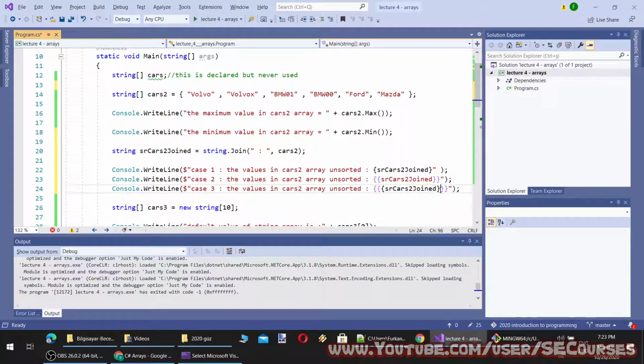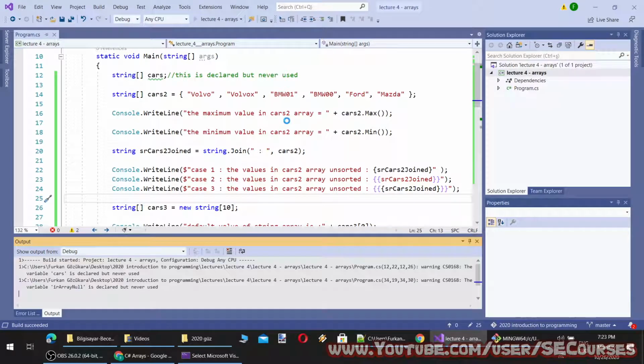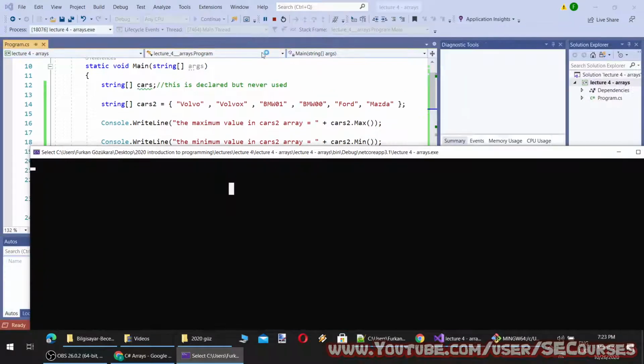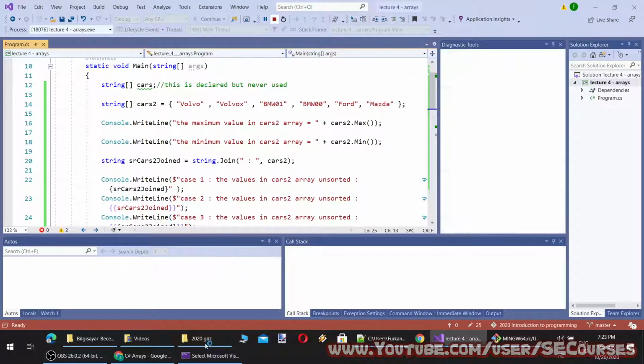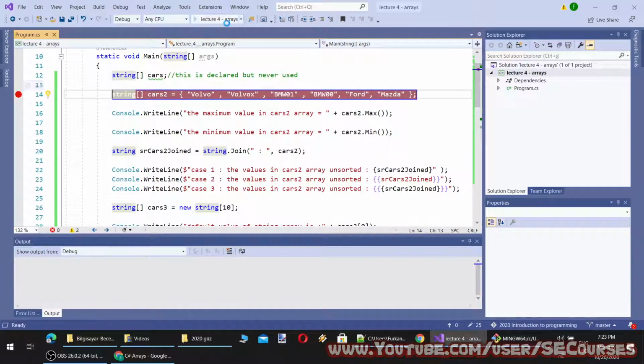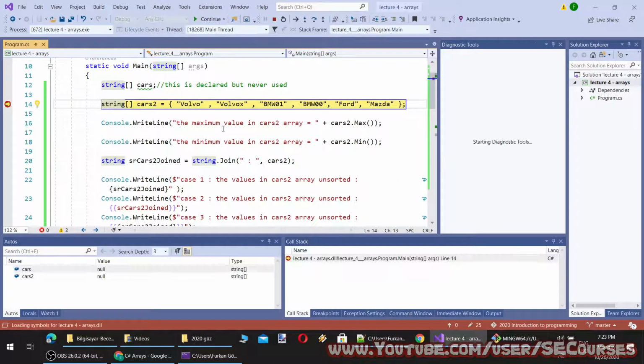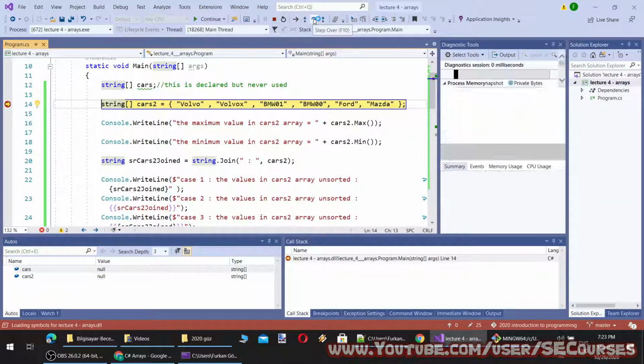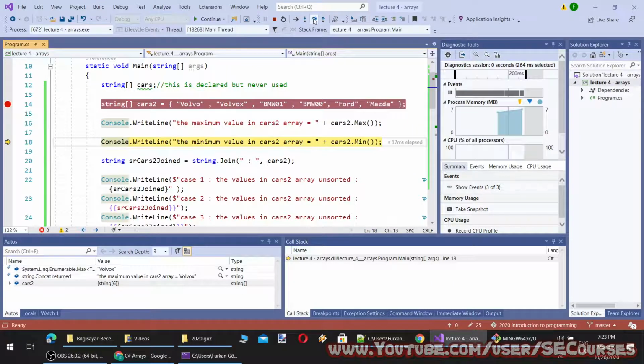You see now the inner one has become a special character and this has become a regular character. Okay, let's see what they mean. Actually, I will go step by step so you will understand better. So I am going to put a breakpoint here and run the application. Okay, step over, step over, step over.